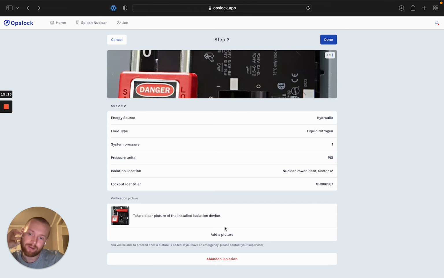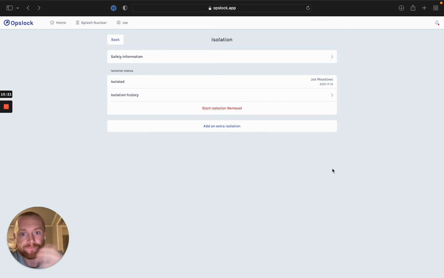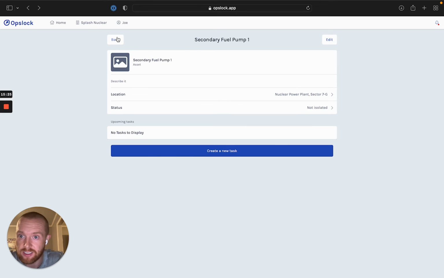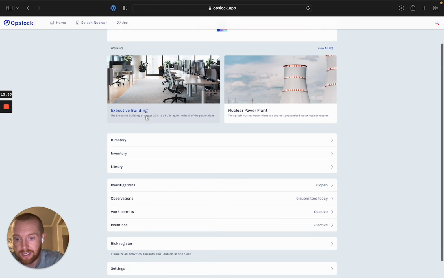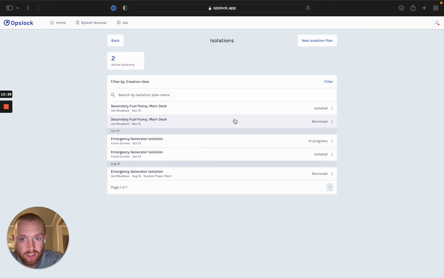So here, again, let's get back to it. So I've added my verification picture. We're all happy. We're going to press done. Now our isolation is installed. We can see that the status is isolated. If we go back to our piece of equipment, if anybody else comes here, they're going to see that this equipment is isolated. If we go back now to our company and we go to isolations,